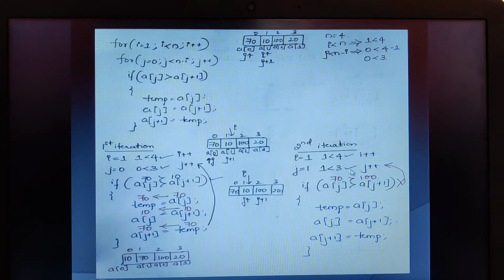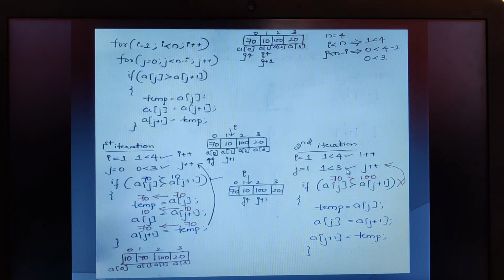On satisfying this condition, we need to start comparing. Now j is pointing to the first location, because we have incremented j. Before, j was pointing to the 0th location; since we have incremented, j will start pointing to the first location. If j is pointing to the first location, definitely j plus 1 will point to the very next location. You can also calculate and check. So the current value of j is what, children? 1. So 1 plus 1, if you substitute, it will become 2. Therefore j plus 1 will start pointing at the second position. I hope you are able to understand.